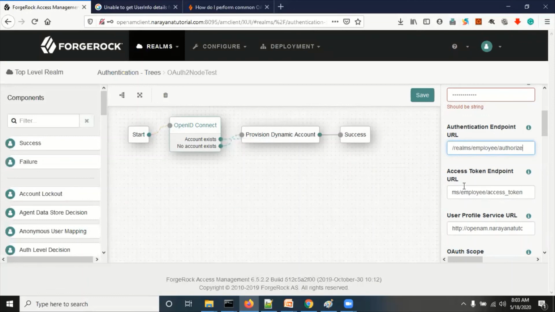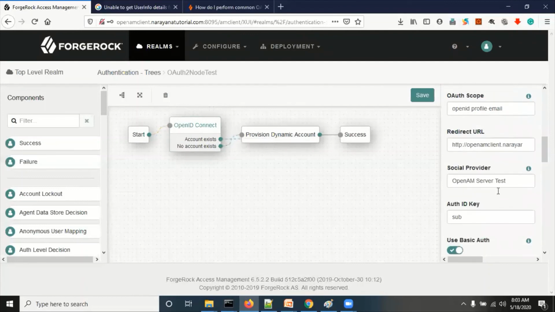Now I have properly given the authentication endpoint ending in authorize, access_token, and user info. That should be user info. These are all configured properly.